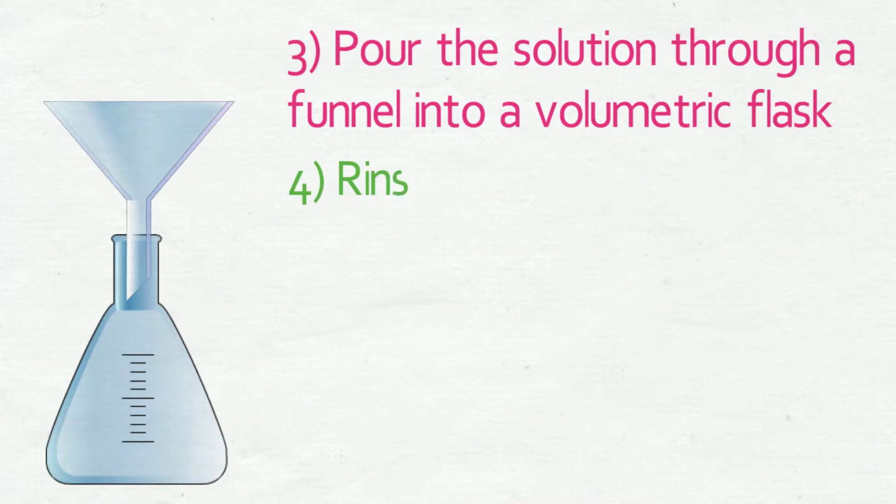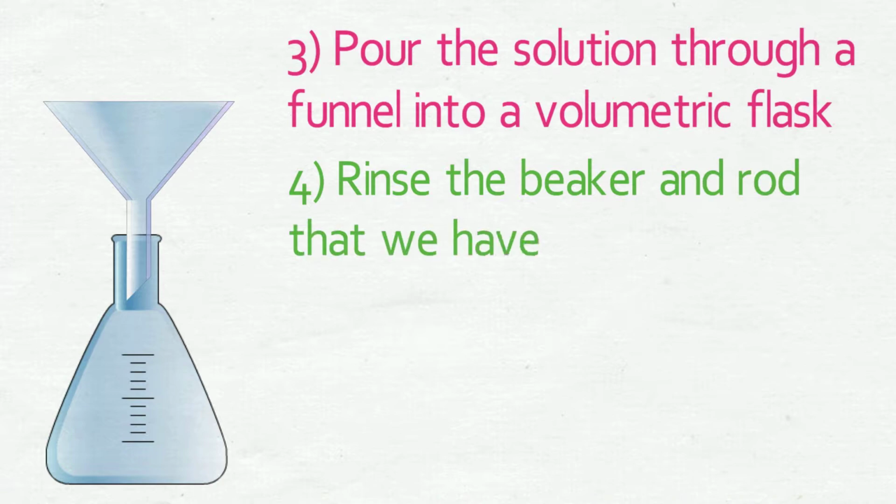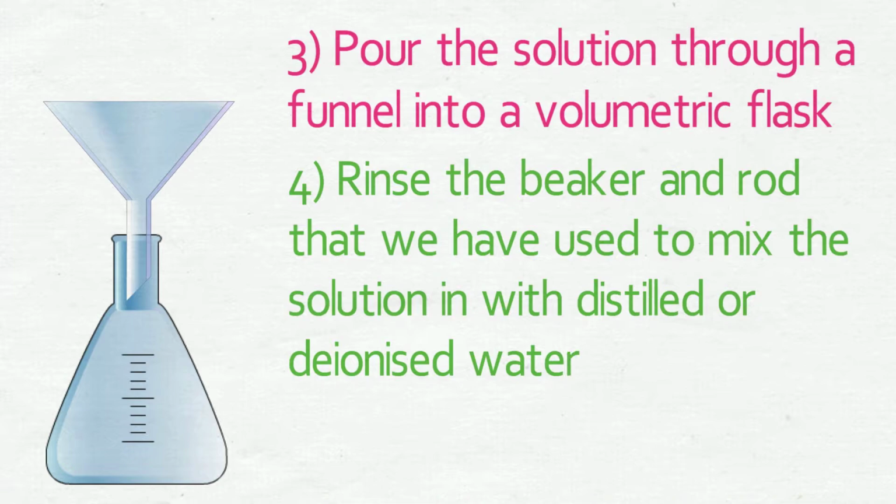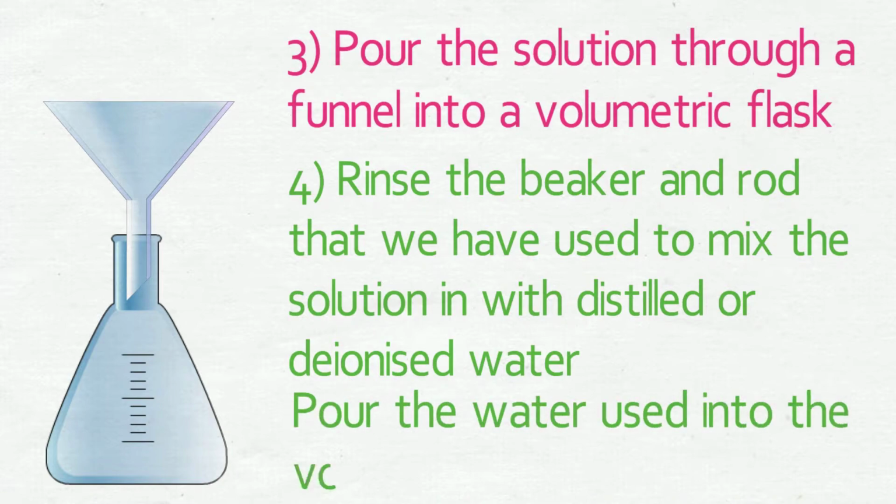The next step is to rinse the beaker and the rod that we have used to mix the solution in with distilled or deionized water. This is so that there is no solute on these two objects. If there were solutes on these two objects, it would mean that the final solution would have a lower concentration than what we require. We then pour the water that we have used to clean the rod and the beaker